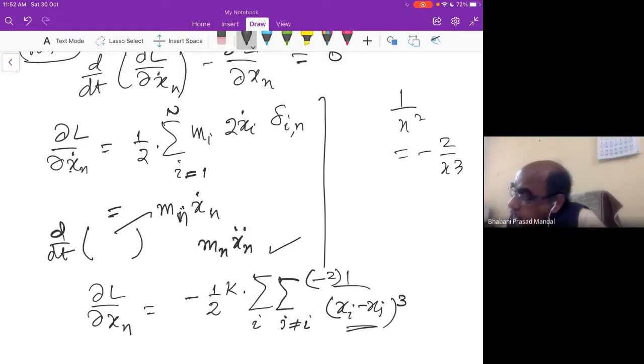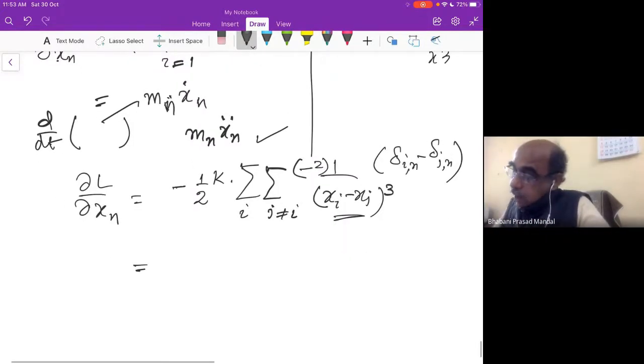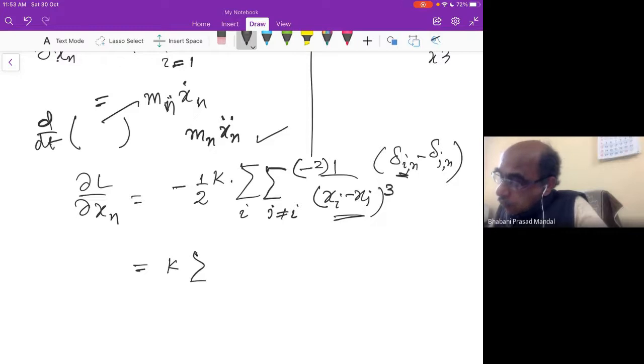Then this term has to be differentiated. It will be delta_in minus delta_jn. When x_i is differentiated with respect to x_n, it will give you delta_in. That's all. Now let us simplify this. First, minus 2 minus, and this all will give you k. Now there is this sum, the i sum will be i equal to n. So the i sum will go away with this delta function. So it will be (x_n minus x_j) cube